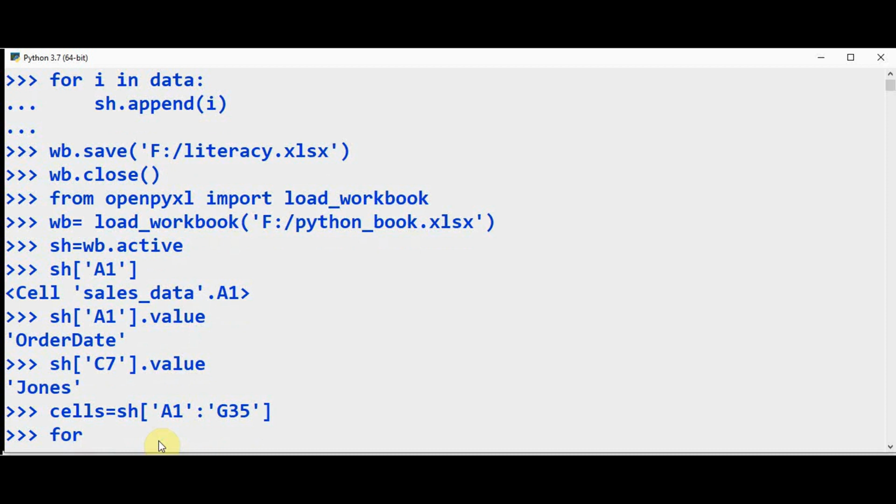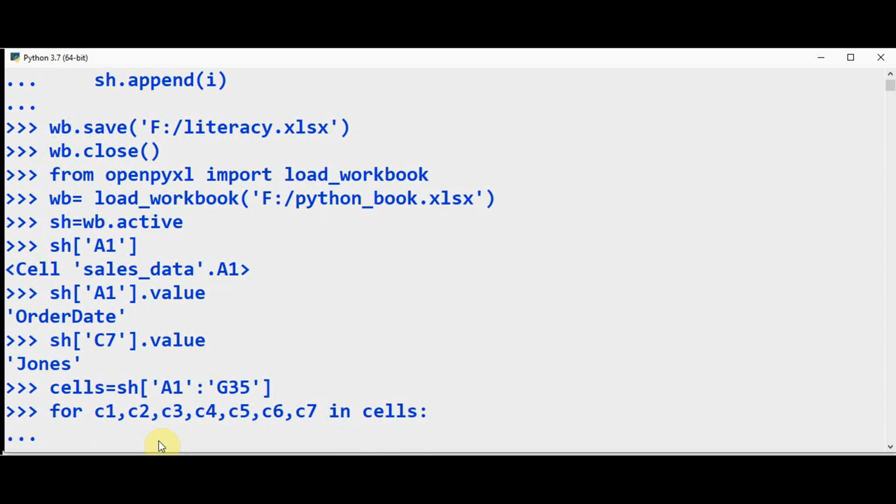Totally 7 columns are there, so let me mention C1, C2, C3, C4, C5, C6, C7 in cells. Now in order to read all the values, I can just give C1 dot value, C2 dot value, C3 dot value till C7 dot value in the print statement.